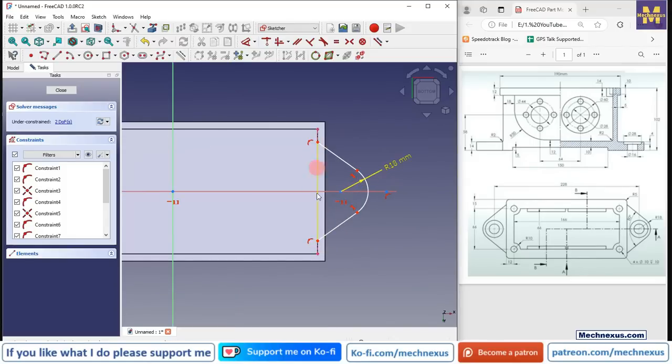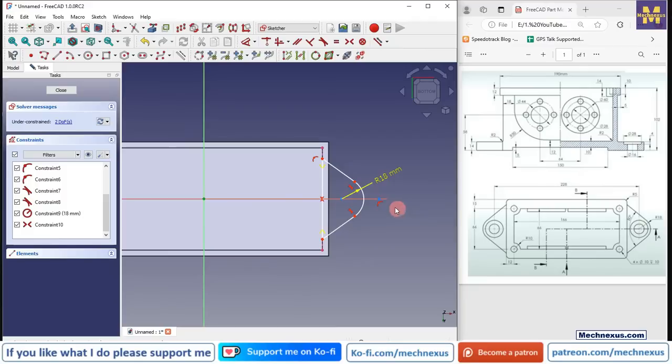Here we will make these 2 points symmetric, so click on the symmetricity, select this point and this axis, and here is a conflict constraint, which is the horizontal one. We will delete it, and from center, this center to this axis center is of 114. Select this and this and provide the 114,